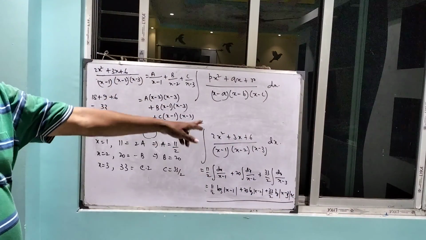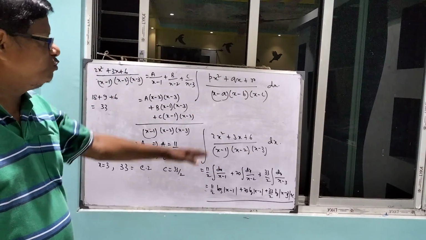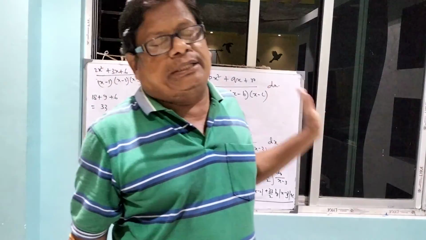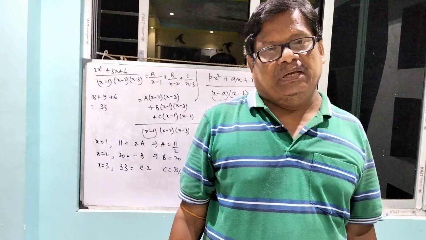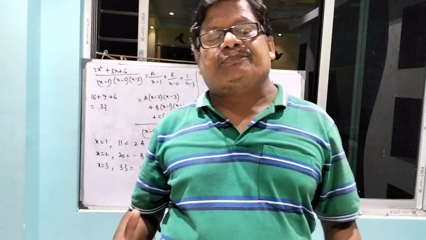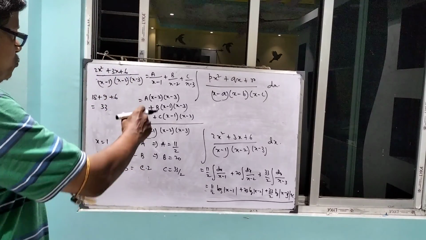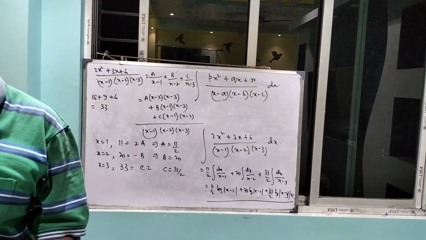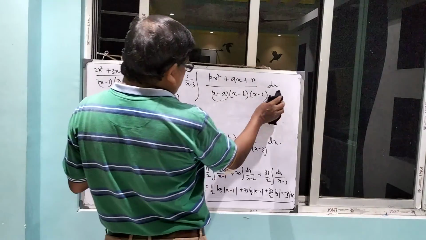Okay? Note that this process should be known to you, otherwise you can't possibly do it in the exam hall. Keep in mind, you should remember, if products are there, you will do like that. Otherwise it's not possible. Okay? You have to practice at home. And you should know the rule. So some rules are very important. Okay? So next one, just to see. The products are there. Okay?